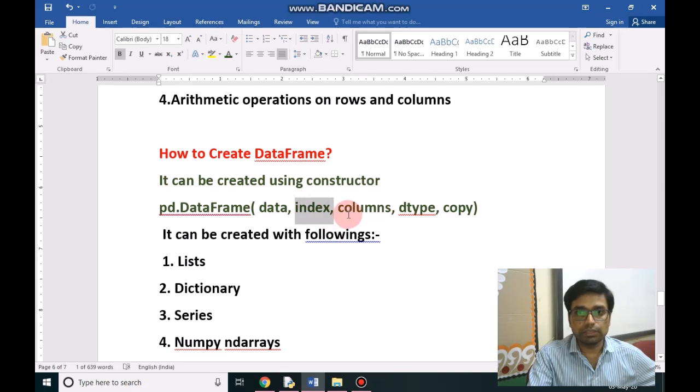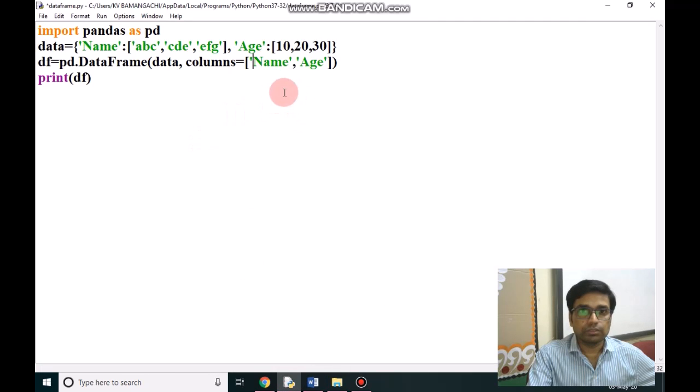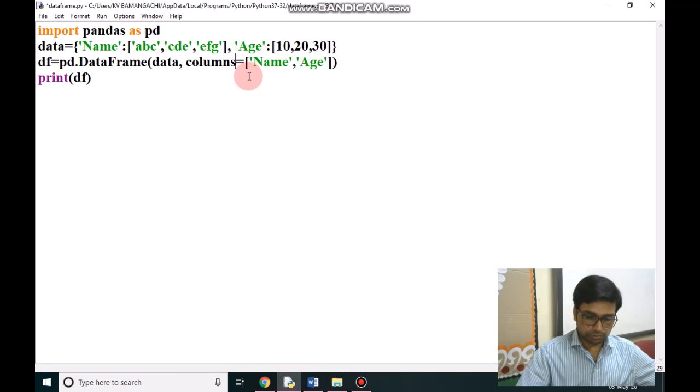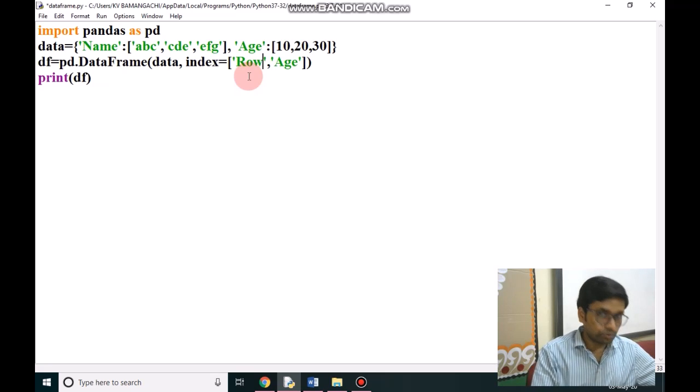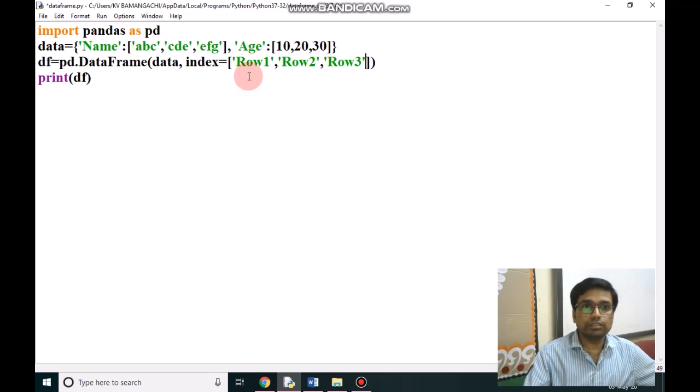So I'm not giving columns here, I'm giving index. You can give here index, which is row. We can write here row 1, row 2, then row 3.